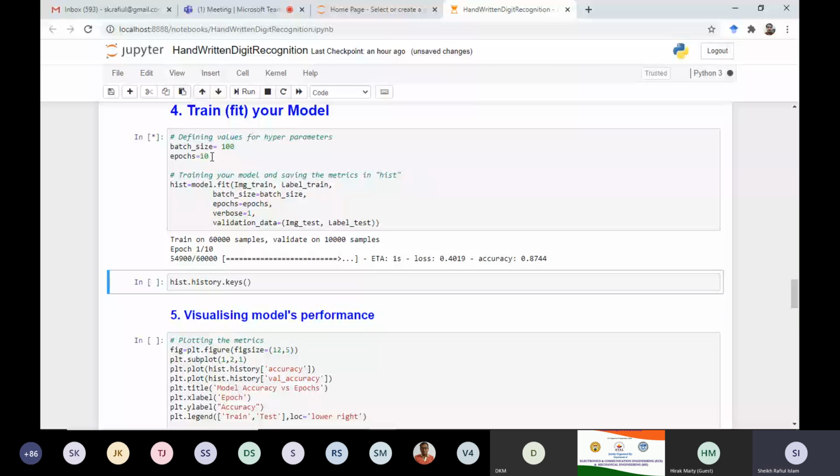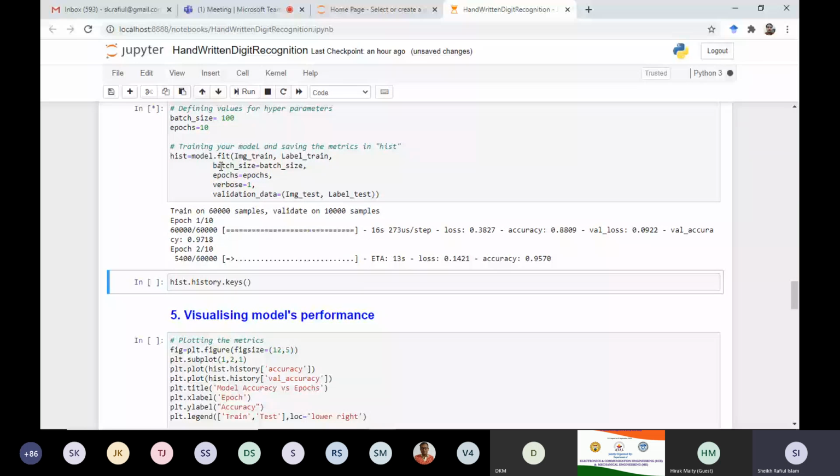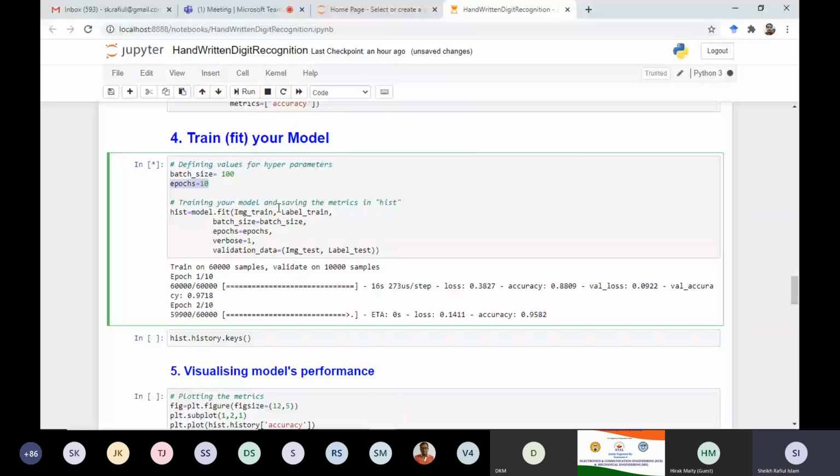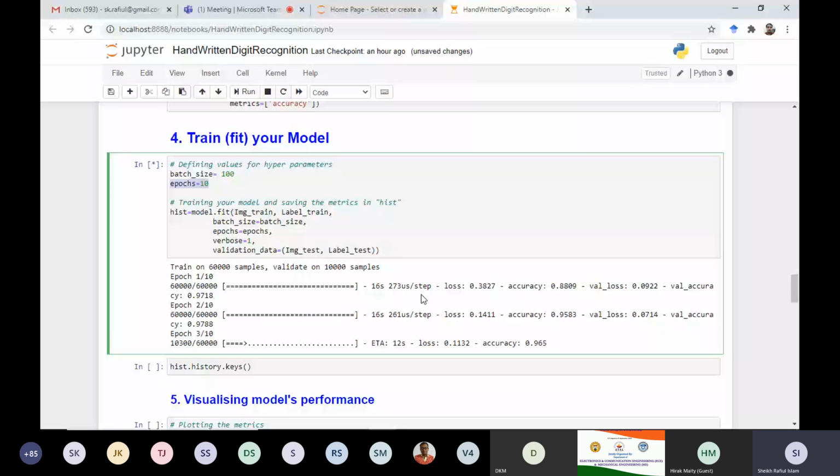There are also other options, like setting stopping criteria, but this is the easiest way to train your model. After 10 epochs, it will stop. Now we are coming to this portion. I see this portion is executing, and during this time I am explaining this portion.